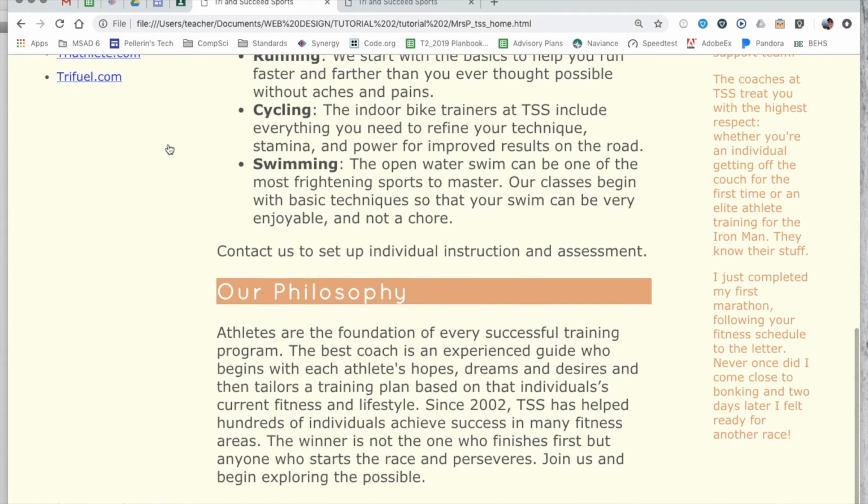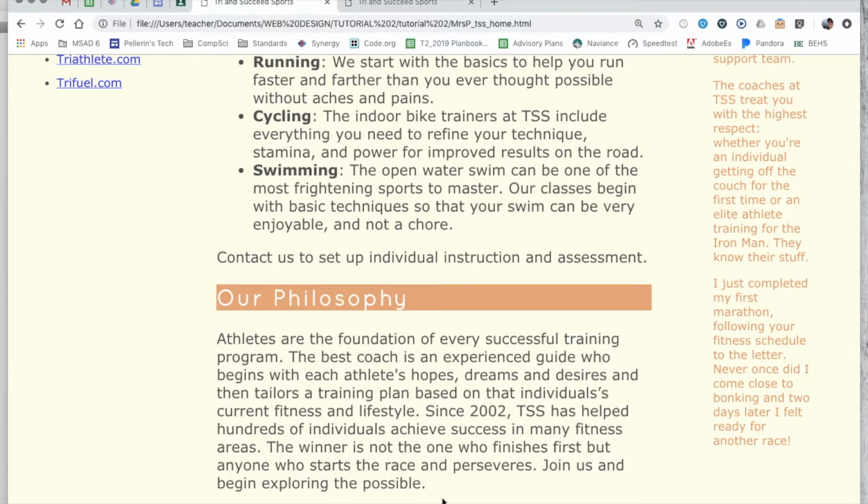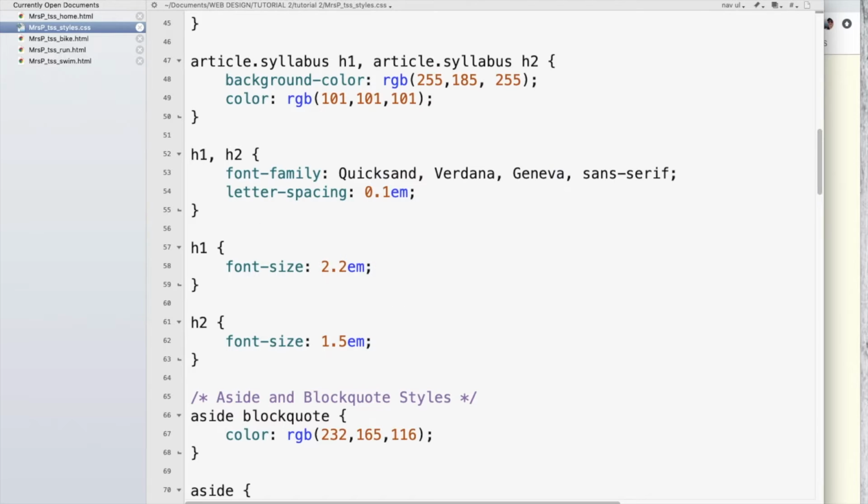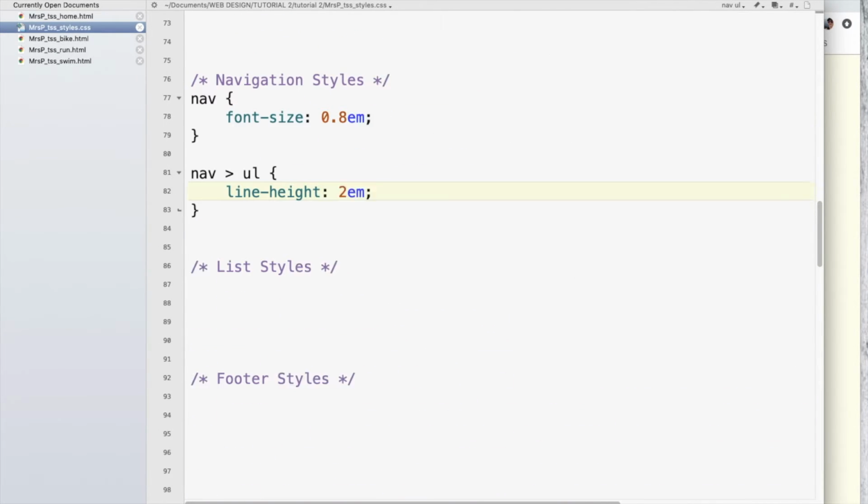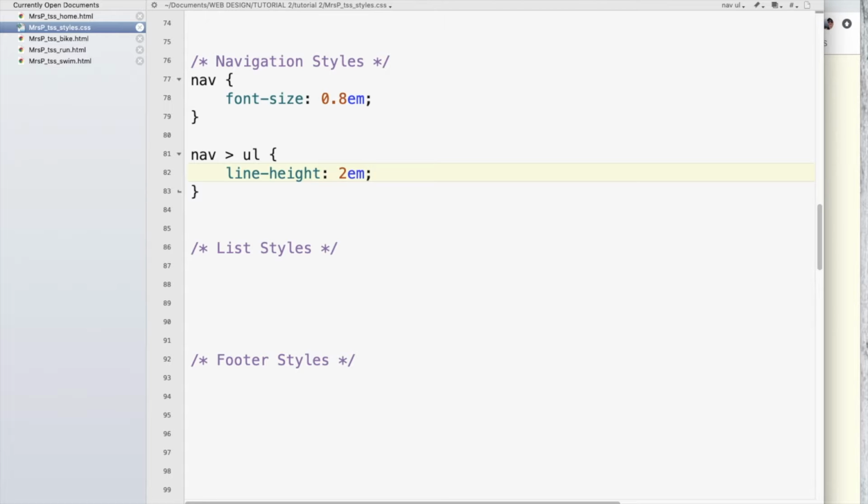Okay, the last thing that we're going to do here is we have our footer down here at the bottom that looks really crammed and just kind of stuck in there. It doesn't stand out at all. It just looks dumped in there. So let's go in and go under our footer styles. We are going to say body, caret,